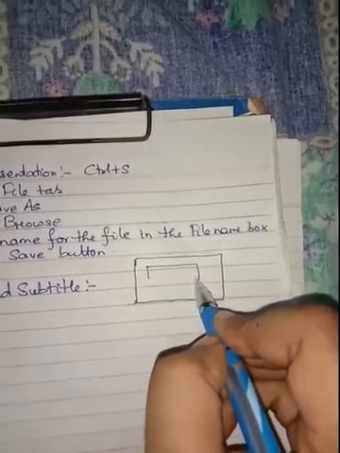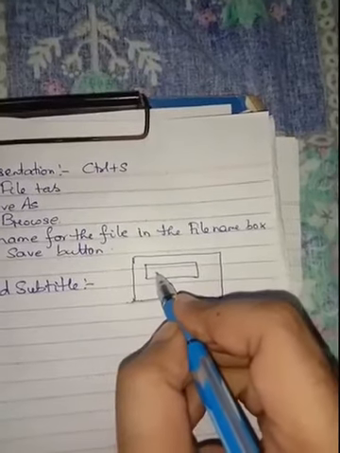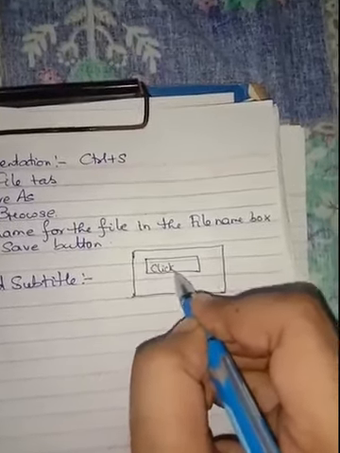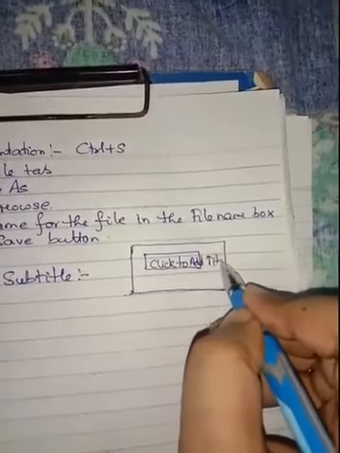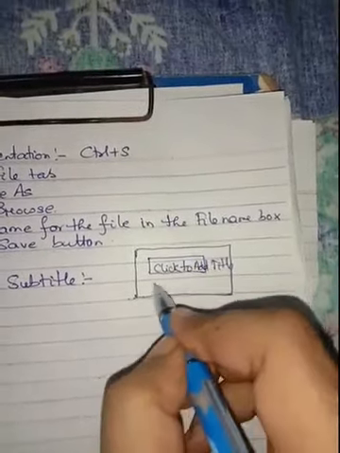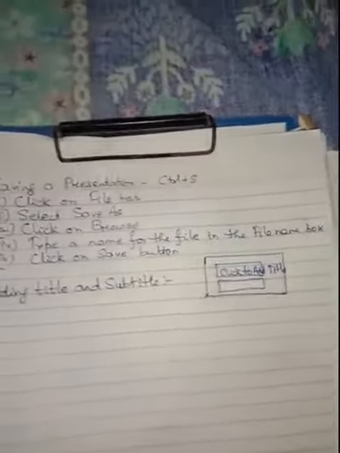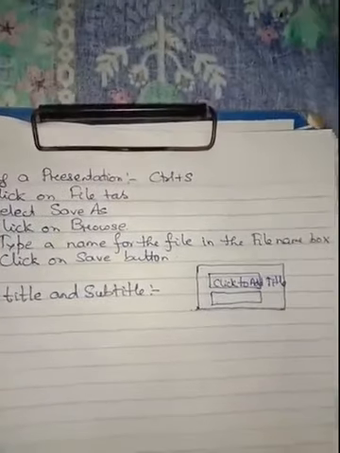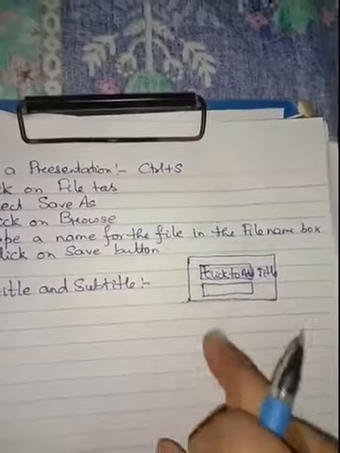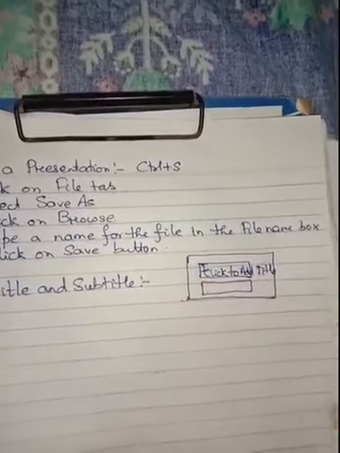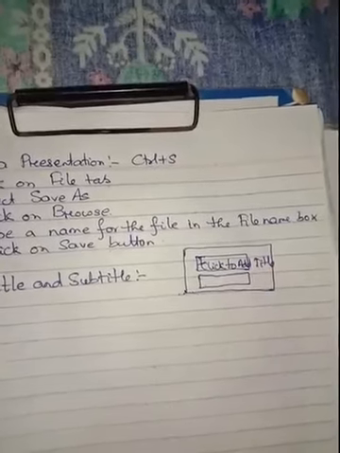So this is a text box in which we can add the title. Here it will be written click to add title. All this content will be inside the text box, and then we will have another text box. So if we want to add the title, left click over here. As soon as you left click over here, the cursor will appear and this content will disappear. Now you can start typing from the keyboard whatever content you want in the title.